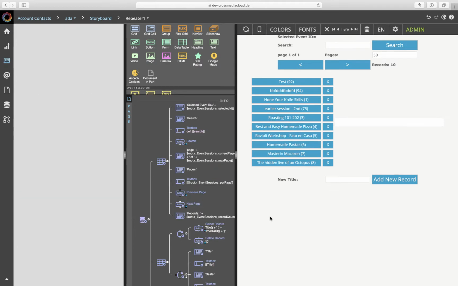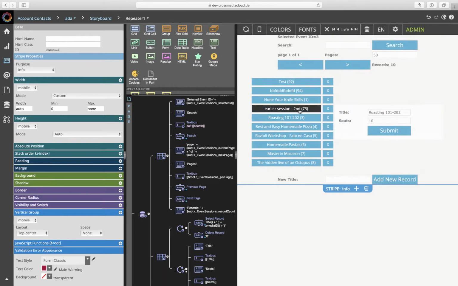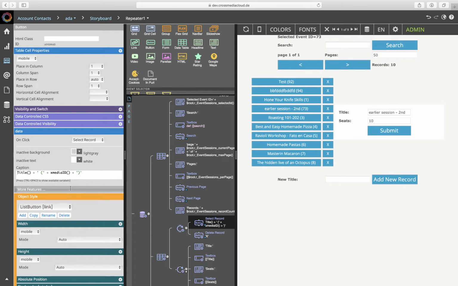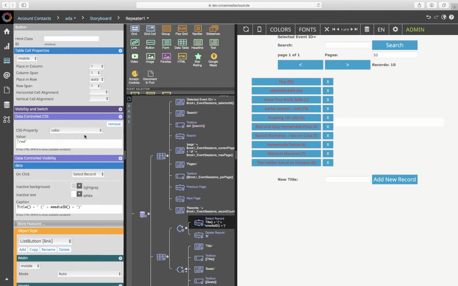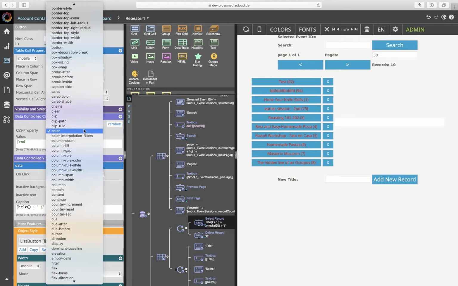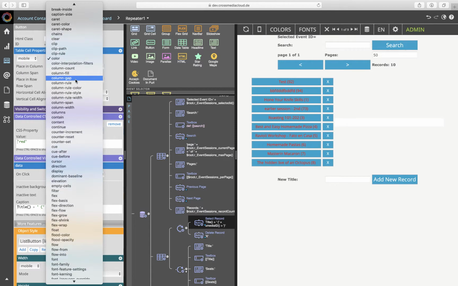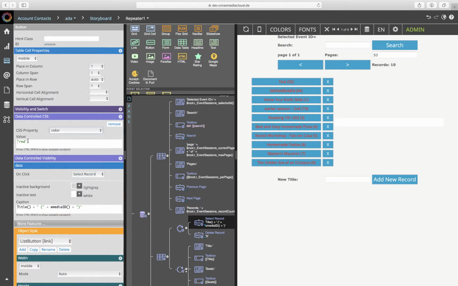There's just one more thing I wanted to add here, and that would be great to see in the list which of the entries is selected. Since we know that the root selected ID contains our selected ID, we can actually make use of this. So let me go to the button here and then click on Data Controlled CSS. Data Controlled CSS is extremely versatile. That allows you to do so much stuff. You have every existing CSS property here, and you can set the value with one of these small binding expressions